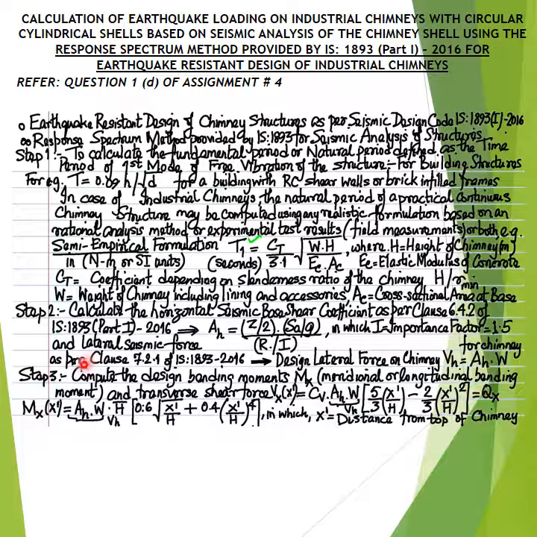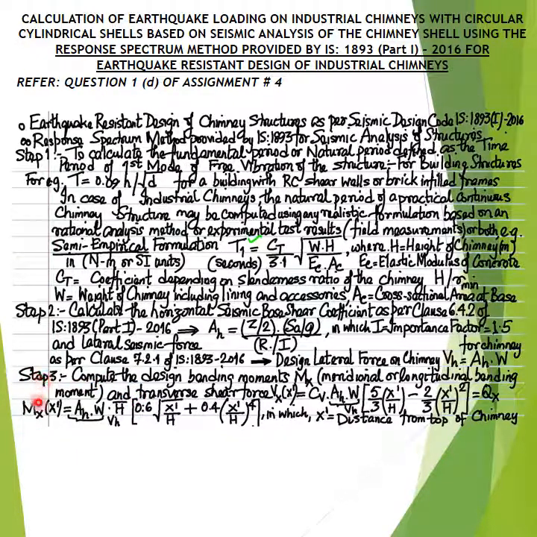that is the design value of the meridional or longitudinal bending moment at the base of the shell, that is at x dash equal to h, where x dash is the distance from the top of the chimney, equal to the horizontal seismic base shear V subscript h times the height of the CG, center of gravity of the industrial chimney structure, which is reasonable and